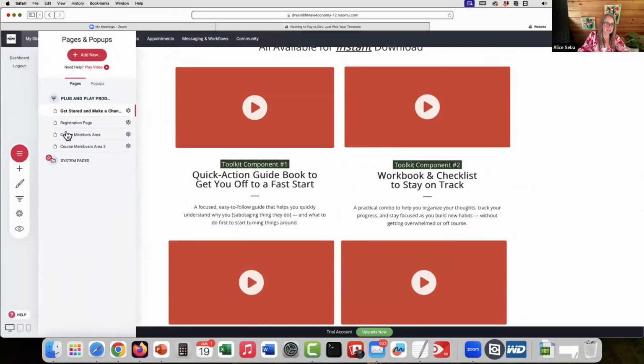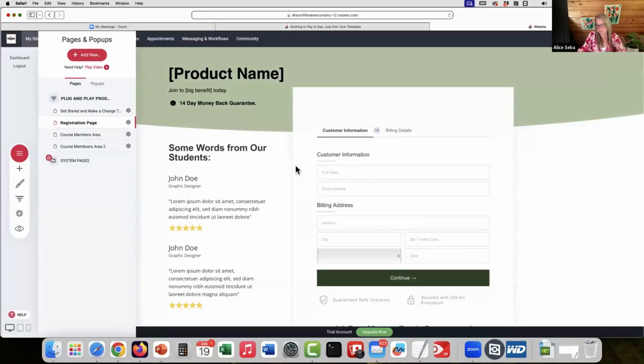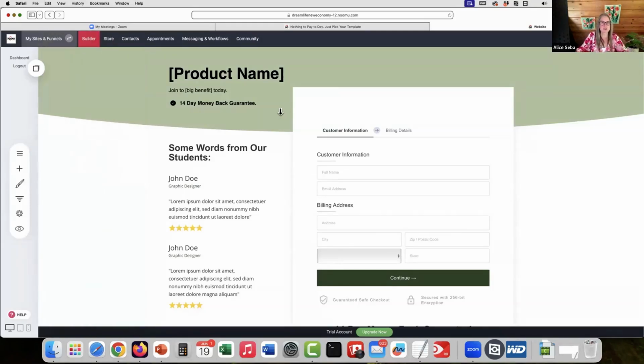So the next step is the registration page. I'm just going to discard my changes and just give me one sec because I want to make sure I double check something in the funnels that we made for you. Okay. There. So this is a checkout page, fully customizable if you want to put something else besides testimonials here, but you do have